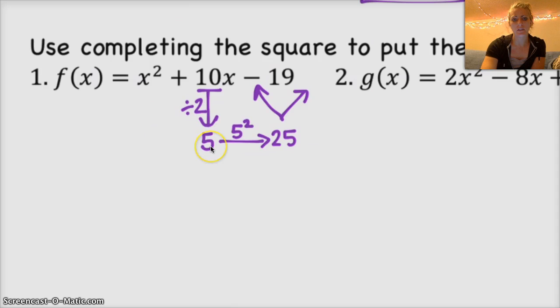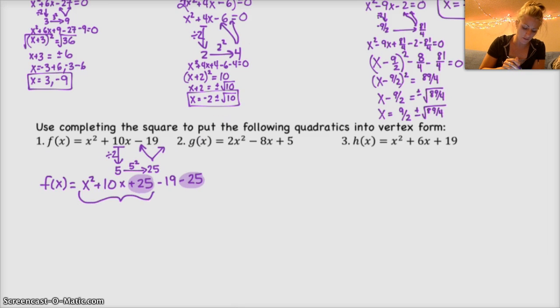Take the 10, divide by 2, 5 squared is 25. That's what we add in and subtract out. Then this first part is the perfect square, x squared plus 10x plus 25. That simplifies to, or factors to, x plus 5 squared. And I have that